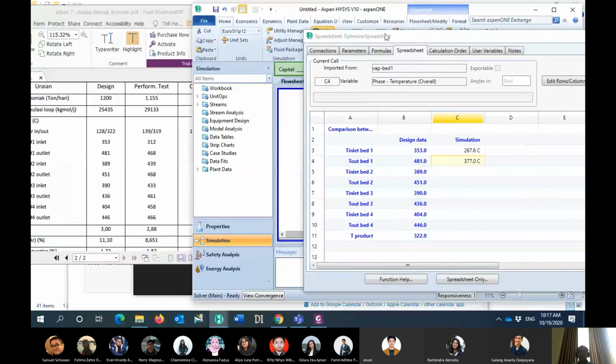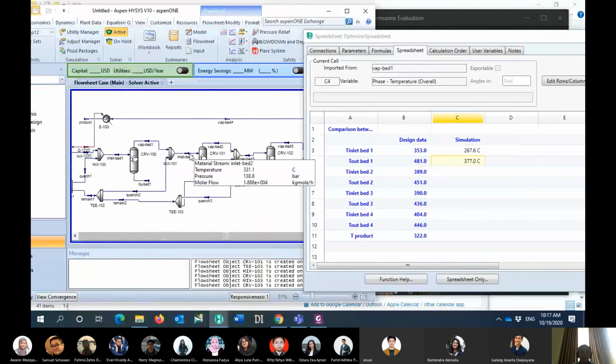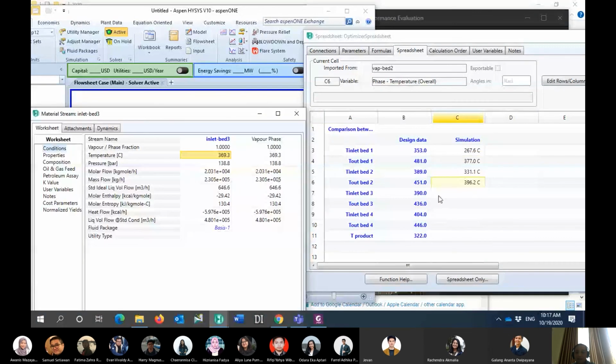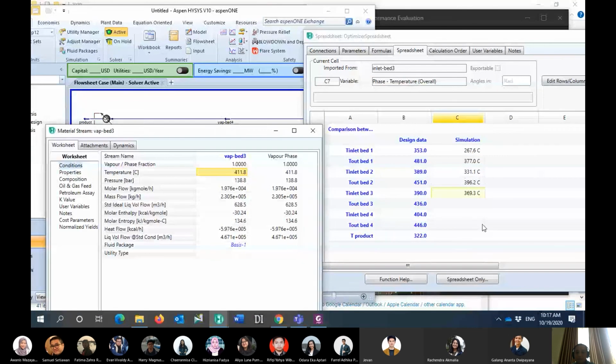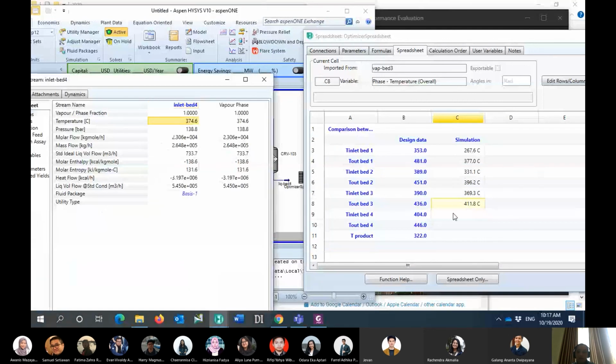I will do the same for the inlet of bed number 2, where the temperature is still lower than the design. And then this one for bed number 3, and then the last one for bed number 4.